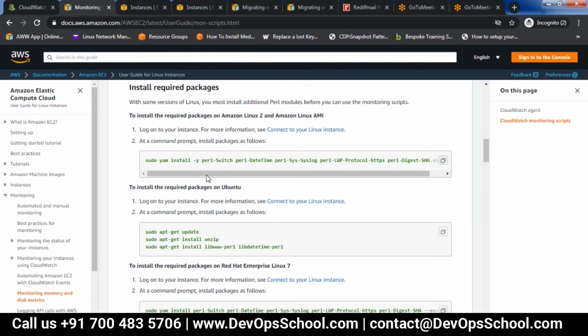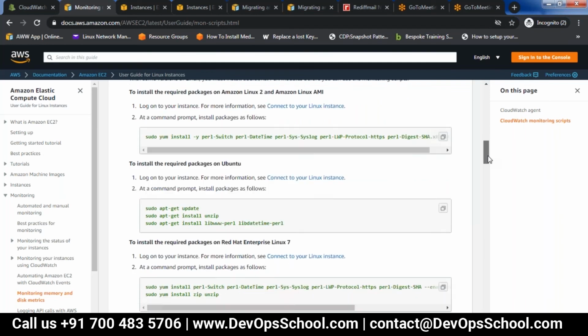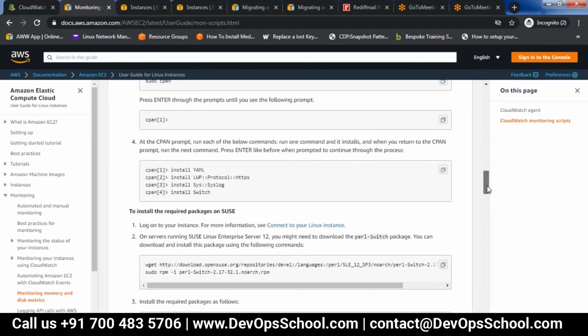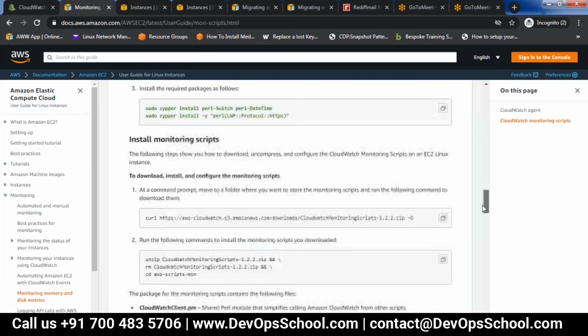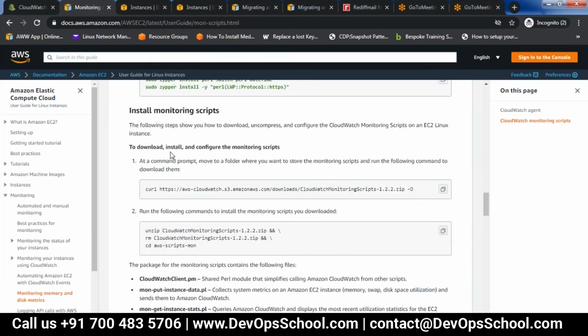This is the first step, and for different operating systems, it is mentioned here what is to be done. Now let me go and install the actual code.